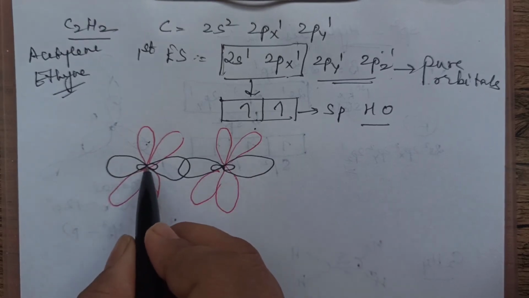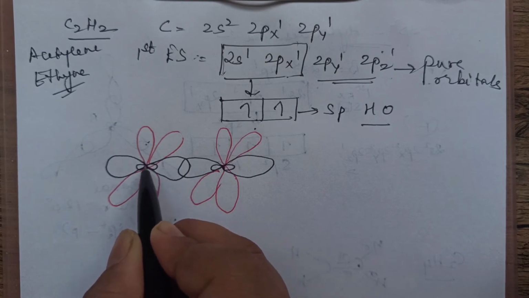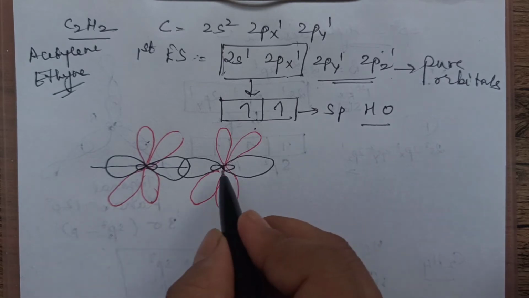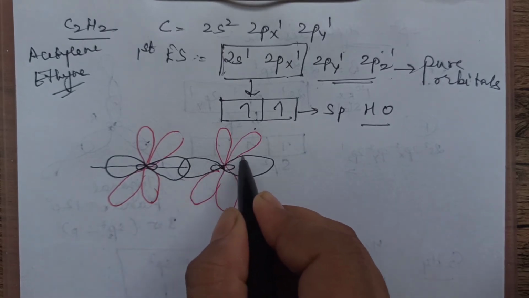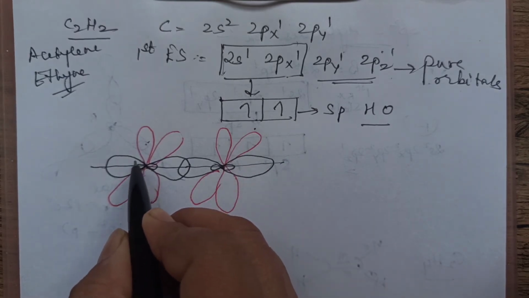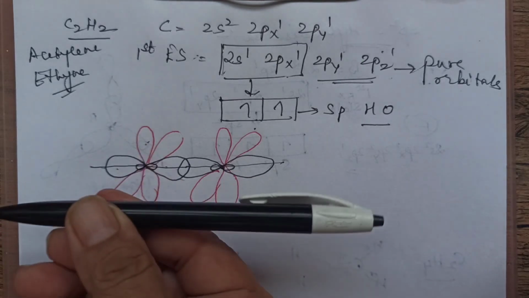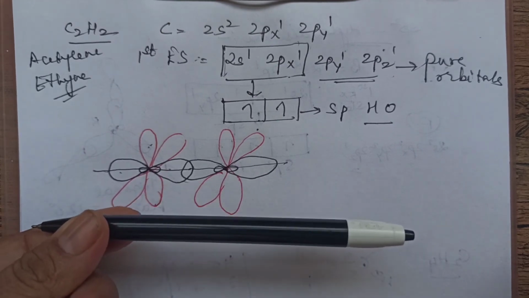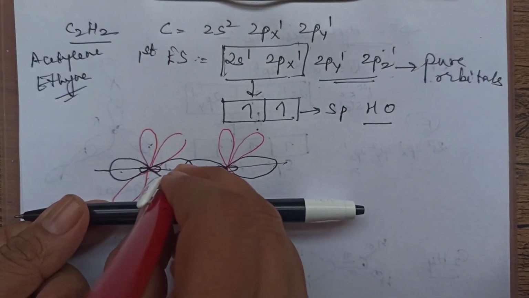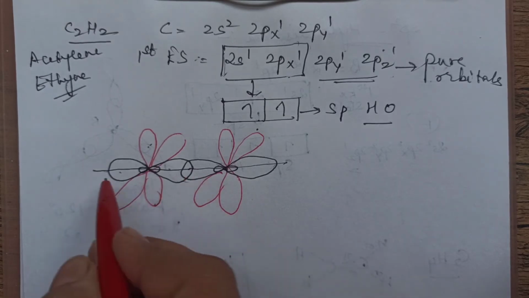Now this is one carbon atom. There are 2 sp orbitals. This is one sp, this is another sp. So this is one carbon. There are 2 sp orbitals arranged in a linear manner. This is another carbon, and its sp orbitals are also arranged in a linear manner. Each carbon which is having 2 sp orbitals has pure orbitals perpendicular to it. So this is the sp orbital. The pure orbitals, one will be perpendicular like this and the other one will be like this. So the 2 pure orbitals will be perpendicular to these 2 sp orbitals.